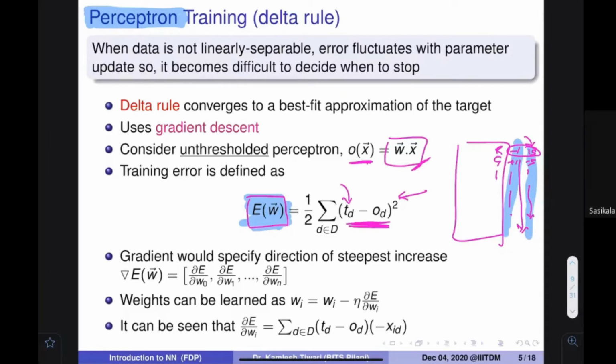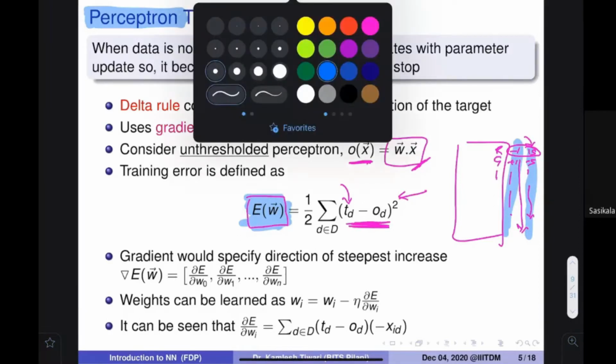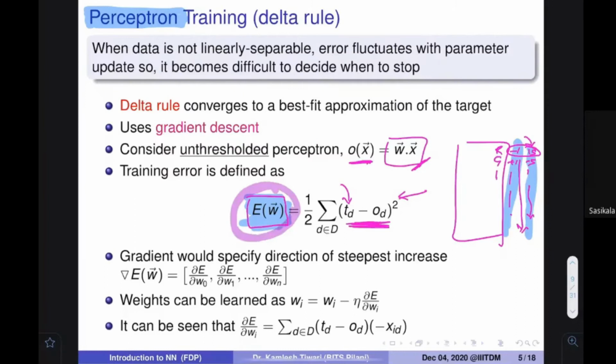I have done this small modification only. Forget about everything else. Just understand that I have done a modification, and using this kind of modification, I can define a new kind of error, and I want to minimize this error. My task would be to minimize this kind of error. Make sense? I want to minimize this value. Yeah, clear? Okay, great. So nothing more than this.